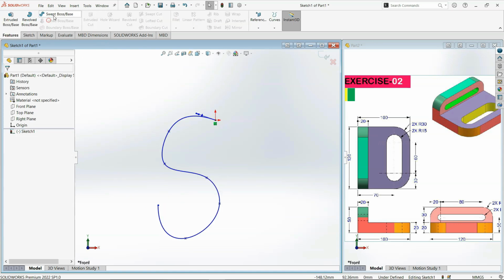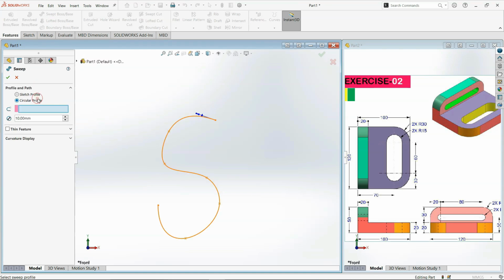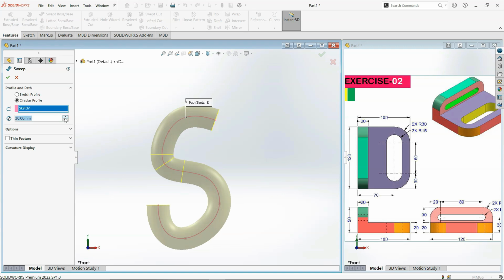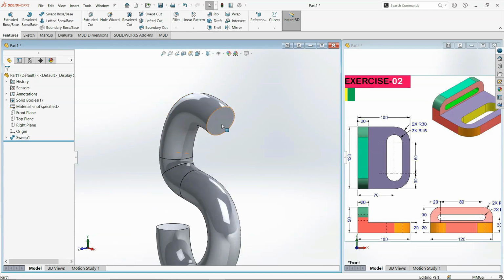Now if I go to the swept and click on circular profile, that is a default, and select on this, I can change the diameter to 30. Let's click on it. 30 means the diameter here is 30 now. Okay,